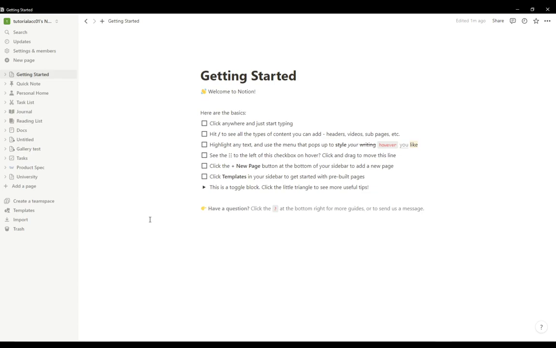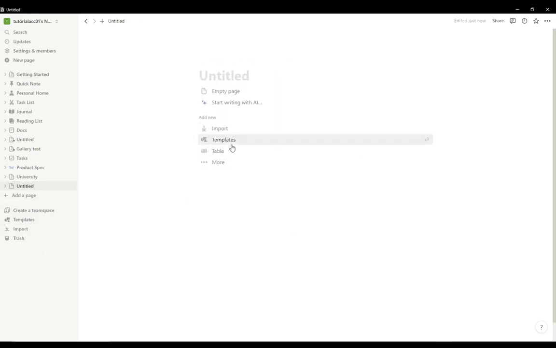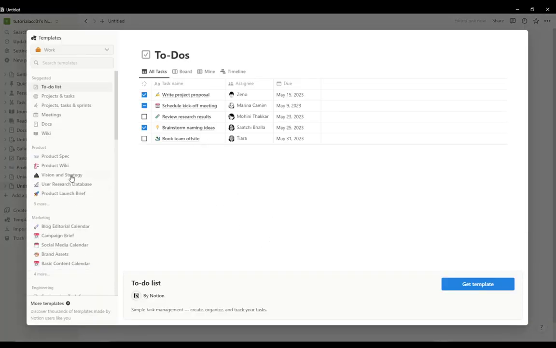Now, the way you use templates is when you create a new page, you select which template you want that page to use. And as you can see, I have the templates button here and you can access it through here. However, if you just go into add a page and select from the new page, you can select a template. This is pretty much the same thing, except when you open it through this, it will automatically create a new page for you once you select a template, and here you can just select a template and it will change the page for you. Now, once you're here, just click onto templates, as I've said, and here you have a